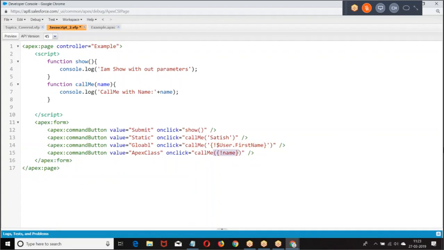Here I'm giving a variable from the Apex class. Here I'm calling global data. Here I'm giving static data, straight away the value I gave.